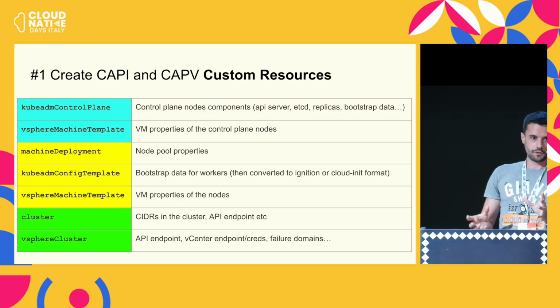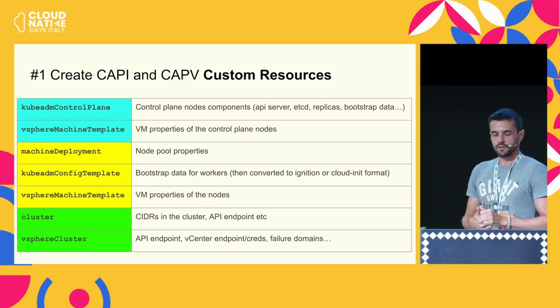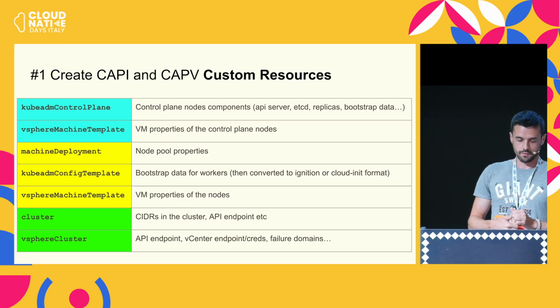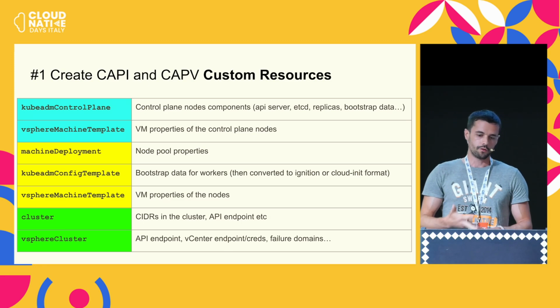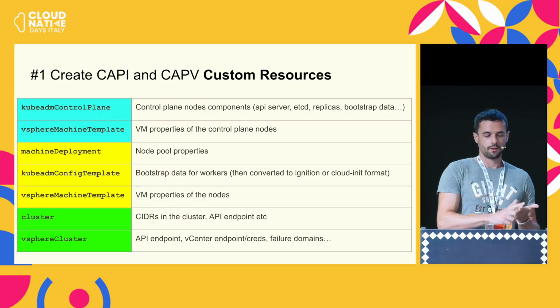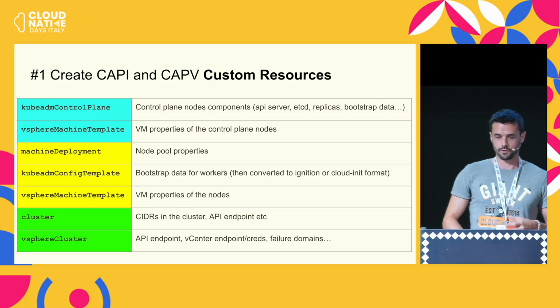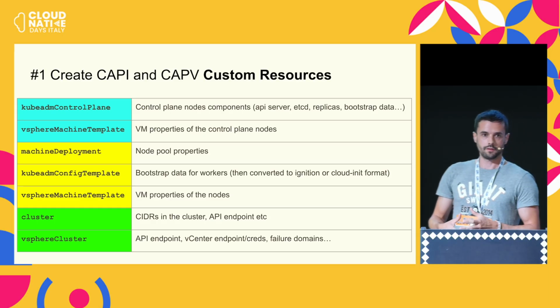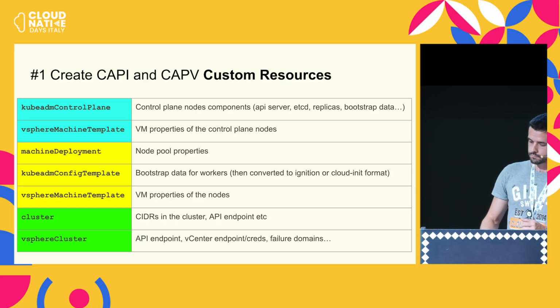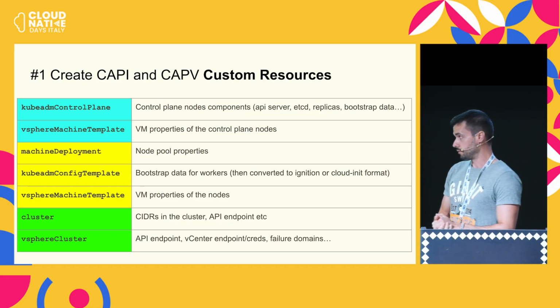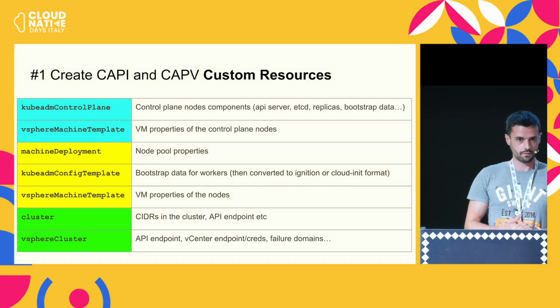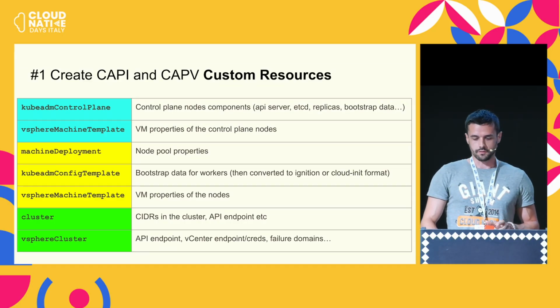We can have multiple machine deployments. It is the same pattern as Kubernetes pods: you have the deployment, the replica set, and the pod. Here we have the machine deployment, the machine set, and then the machines. This is how we can handle upgrades and rolling nodes. And finally, we have cluster CRs, which include our service side, pod side, API endpoints, the vSphere credentials, period domains, anything that is cluster related, basically.